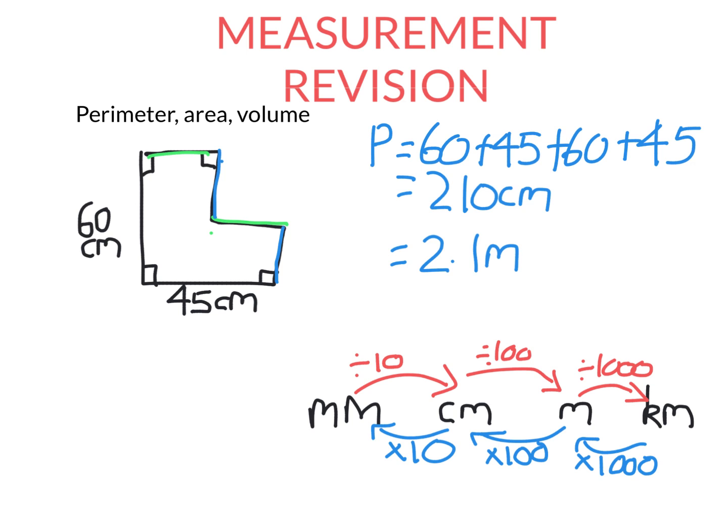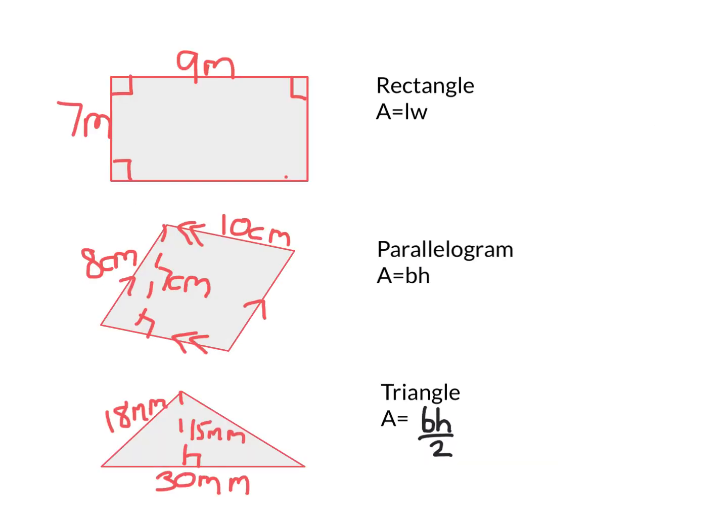All right, let's now look at area. So area is a two-dimensional quantity. It's basically the number of squares you can fit inside a 2D shape. This shape is said to be two-dimensional because it has length and width. One dimension, two dimensions. So to find the area of a rectangle, a four-sided shape with all right angles, you